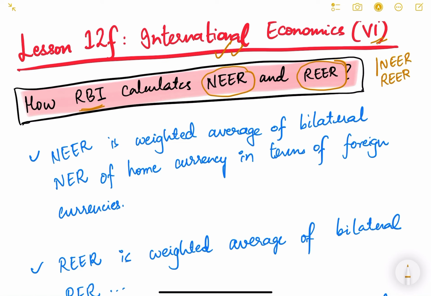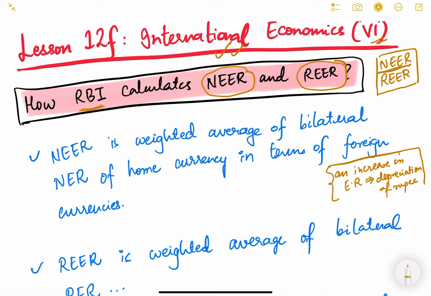Friends, this lesson is important, and you have to pay very high attention in this particular lesson, because until now we have seen that the definition of exchange rate was in such a way that an increase in exchange rate meant the depreciation of rupee. This is the theoretical and literature definition of exchange rate, and also what the layman looks at. This we have discussed in the previous 2-3 videos.